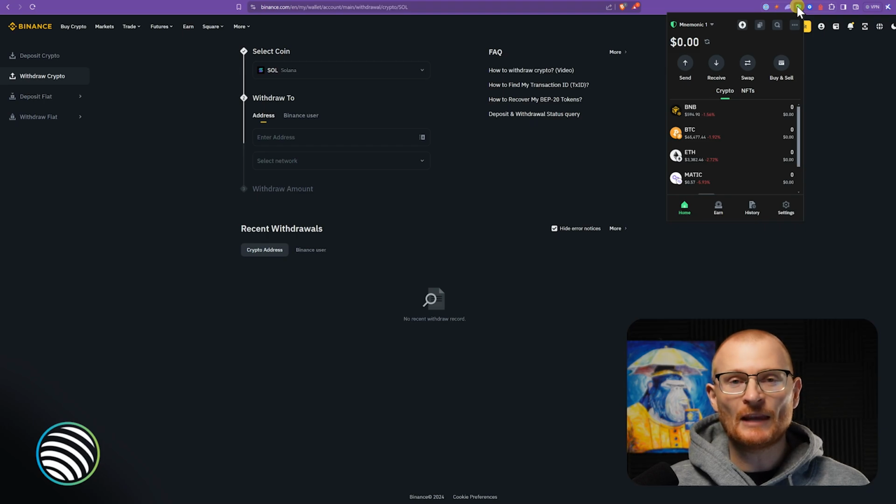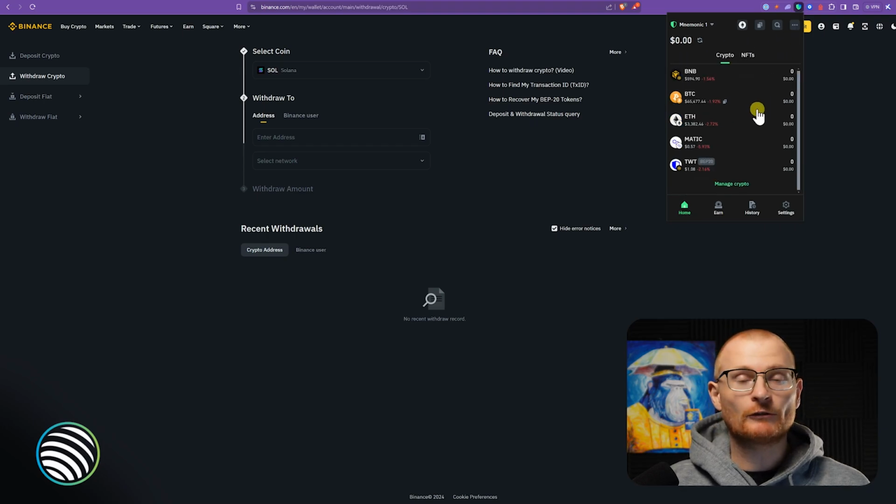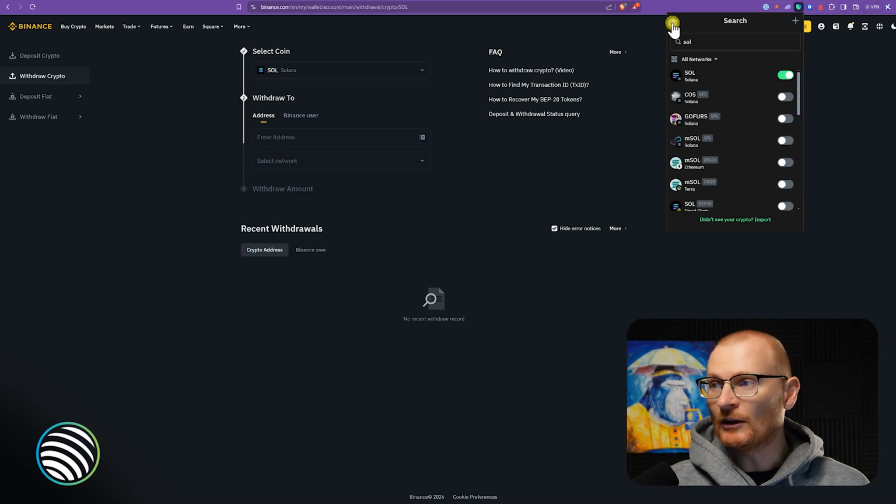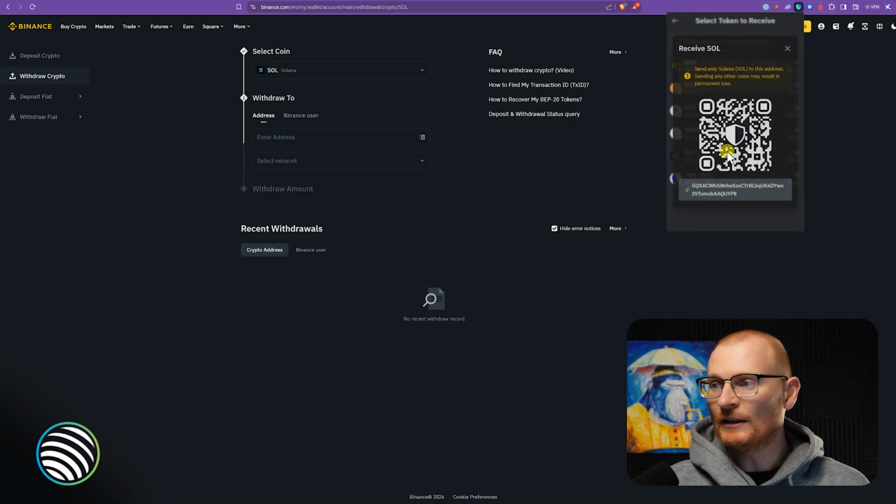Even though we're using the same secret recovery passphrase, it's actually different in Trust Wallet. My personal recommendation is only to use Trust Wallet with Solana if you're already using it on other blockchains, such as Ethereum, Polygon, BNB Chain, etc. Let's click Manage Crypto and type in SOL, toggle it on, then go back, then click Receive, then Solana, and we can see you've got this address here. It is different because I use a different system, which is a little bit too complicated for this video. Either way, if you're using Trust Wallet, this would be the wallet address that you would be copying.